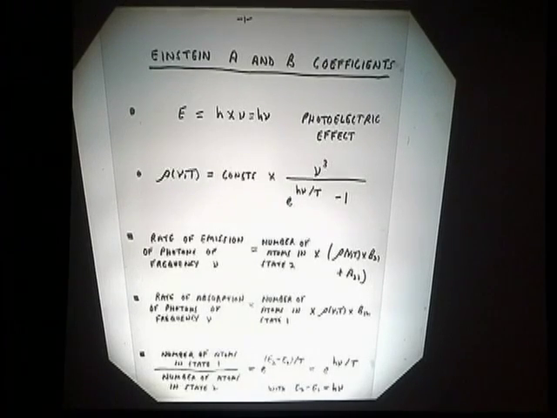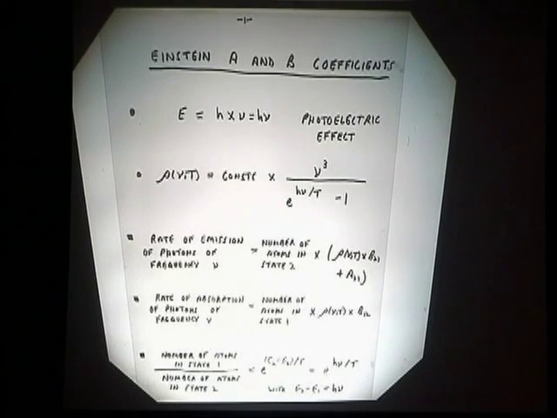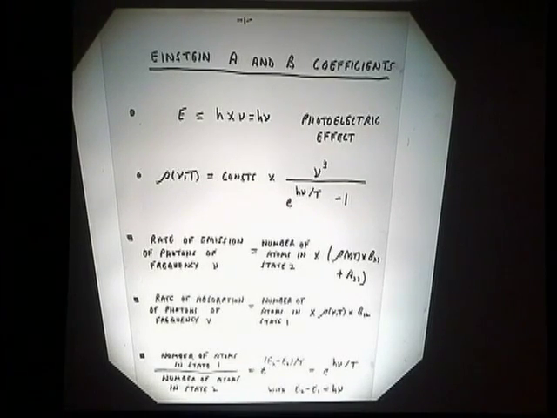The question Einstein asked was the following. Consider light quanta in a cavity at a temperature T with a spectrum given by Planck's famous formula, rho of nu T, that's the density of oscillations of frequency nu at temperature T, is some constants times the cube of the frequency divided by the exponential of h nu divided by the temperature minus 1. Then how do the rates of emission and absorption of light quanta from the atoms in the walls of the cavity arrange for this equilibrium to be maintained?